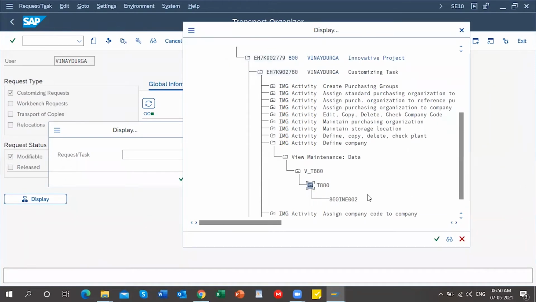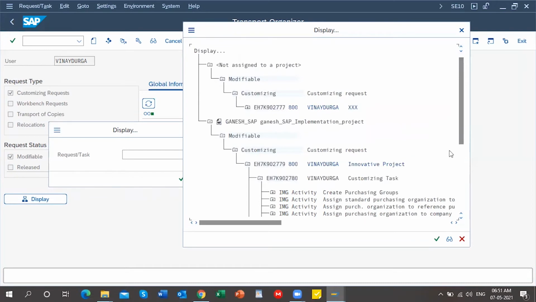Just click on this, and here you can observe whatever companies I defined or created in the system. See, INE002 is the company and 800 is the client, meaning it's a production client. You might also see 300, 500, so different clients. In whatever client you are making changes, it will show the client number before that company.